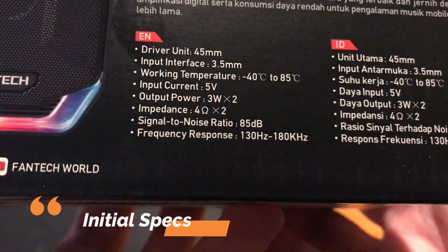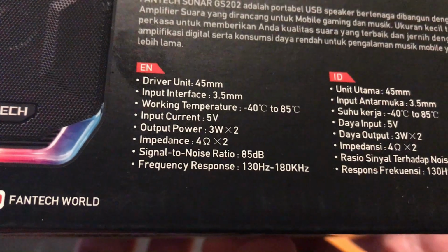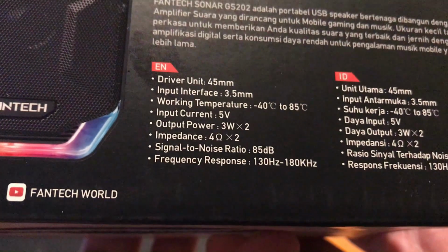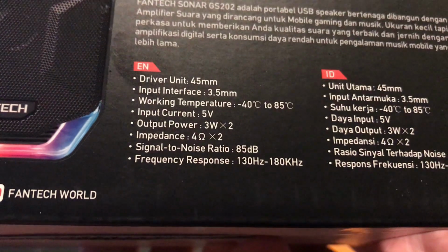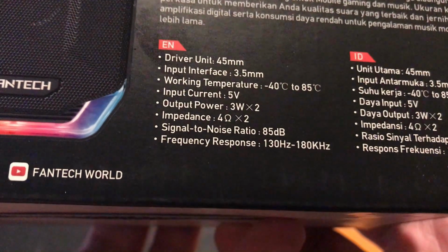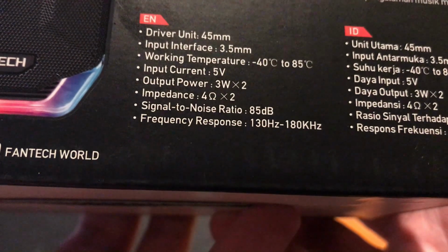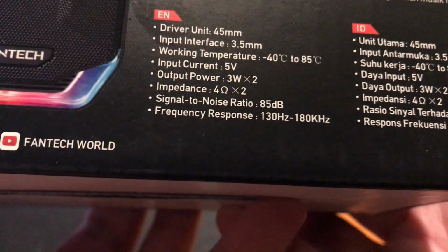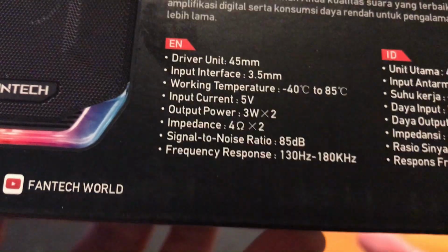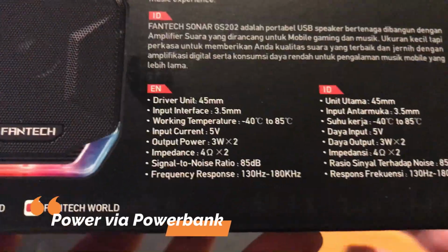So here are the initial specs for our speaker. It has a 45mm driver. Interface would be 3.5mm. Temperature 42, 85 Celsius. Input current 5 volts. Output power 3 watts by 2. Impedance 4 ohms by 2. Signal to noise ratio 85 decibels. Frequency response is 130 Hz to 180 kilohertz. So if I'm correct, we can power this speaker with a power bank through the USB plug that